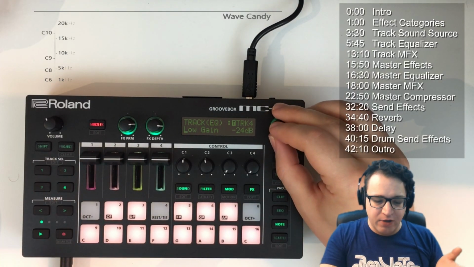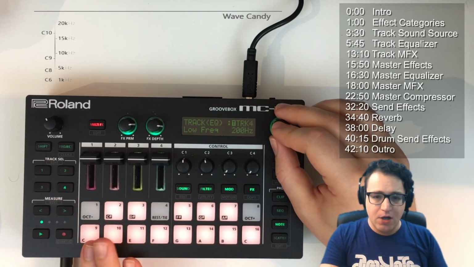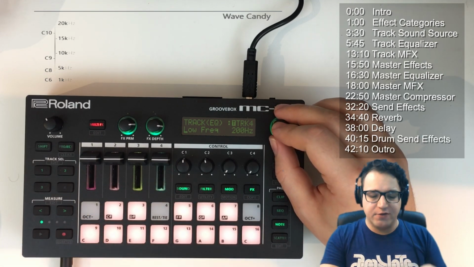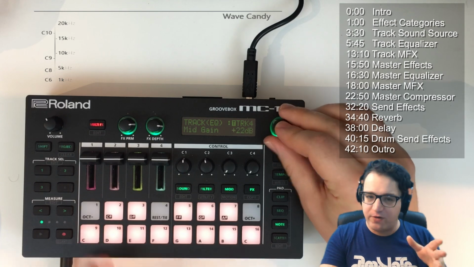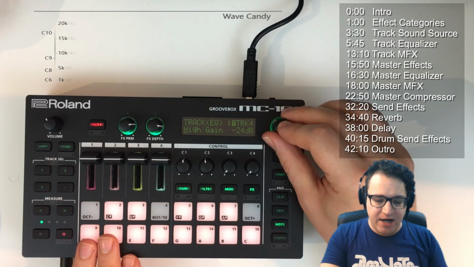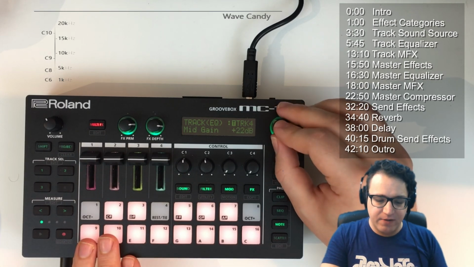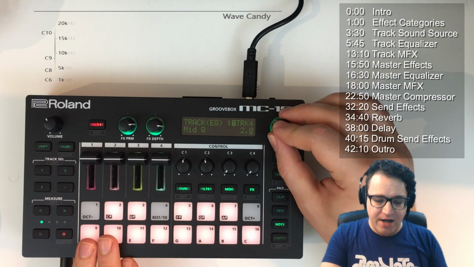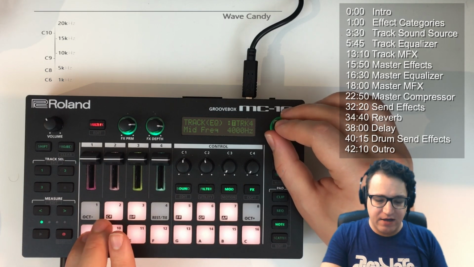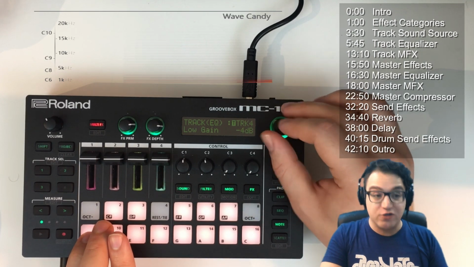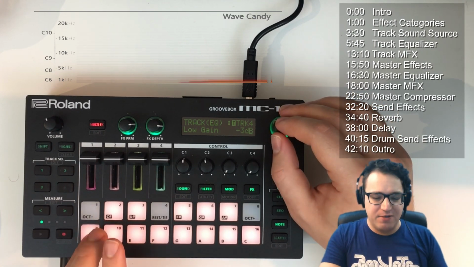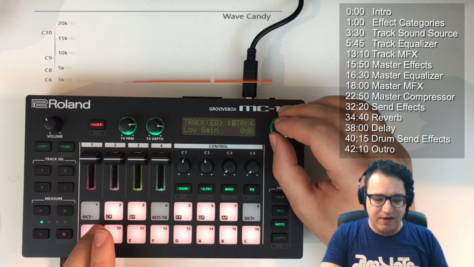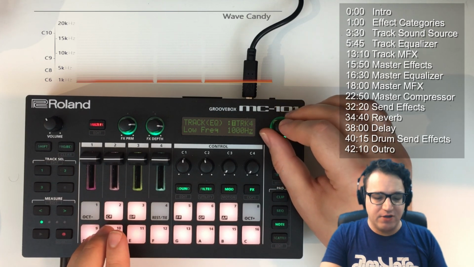Now, the low and the high are shelves. So they don't have a Q parameter, but if I come back to the mid, let's lower the mid and make the Q a bit wider, so we lower most of that, and now we're mostly just seeing the lows, especially if I turn the lows on. So now we can see the lows there. And then if I raise the frequency here,